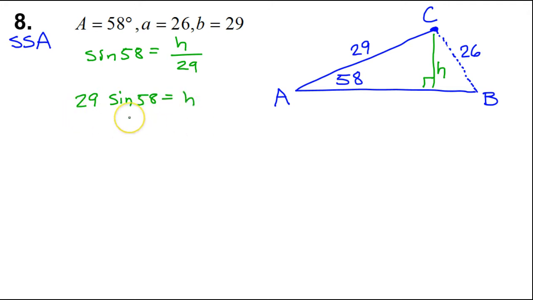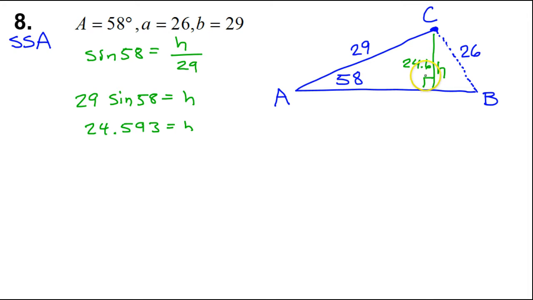If I put this in my calculator real quick, okay, 29 sine 58, I'm going to get 24.593. Okay, so the height is